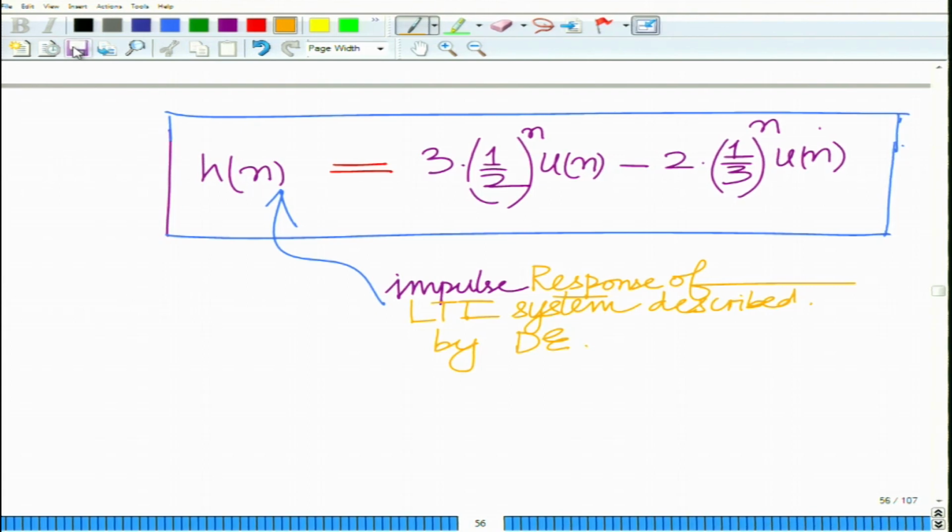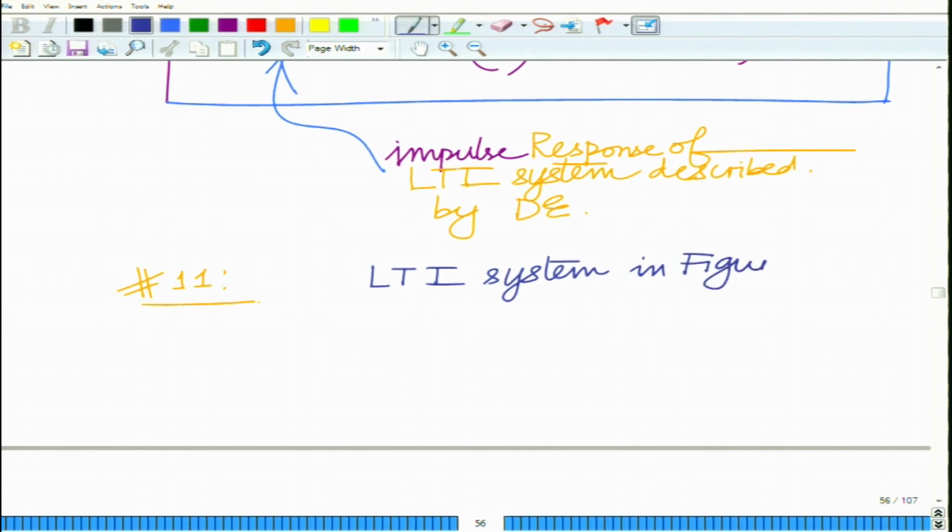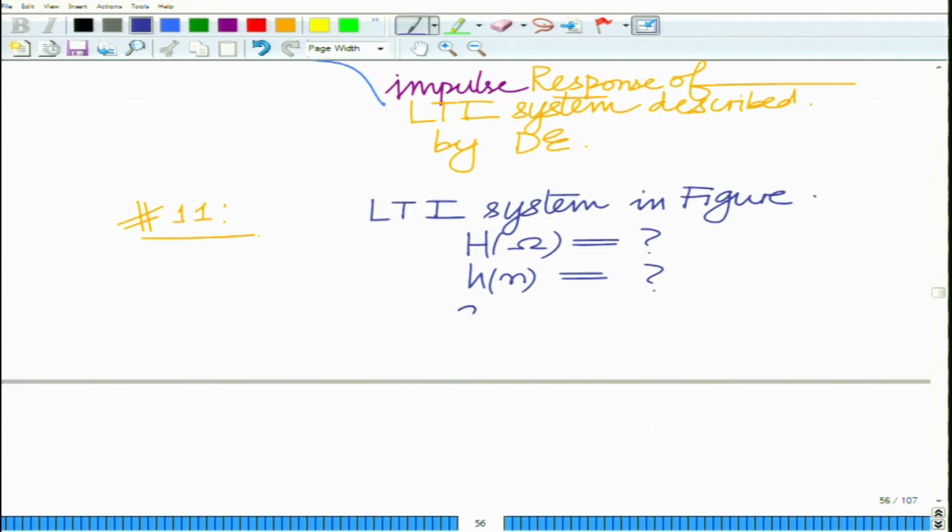Described by the given difference equation. All right, so now let us proceed to problem number 11, which is the following. We consider the LTI system given below, and we have to find a couple of things. What is the frequency response H of omega, what is the impulse response h of n, and also for this filter what is the